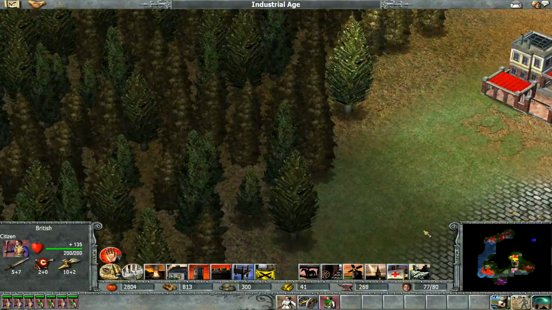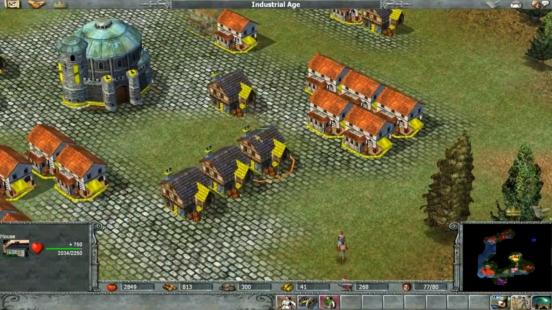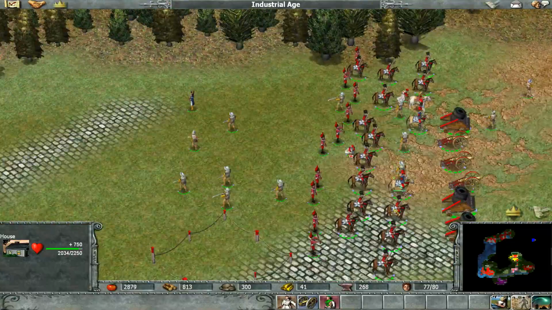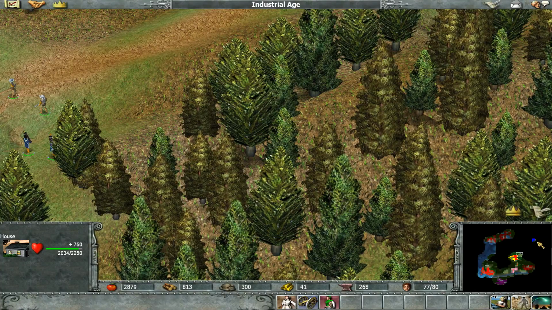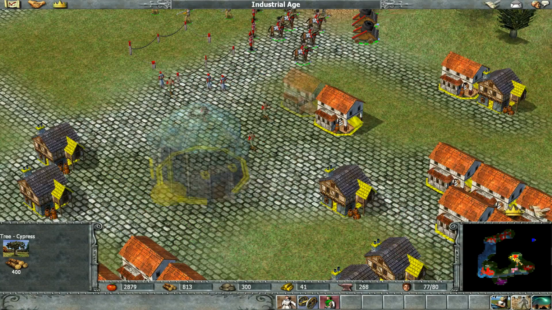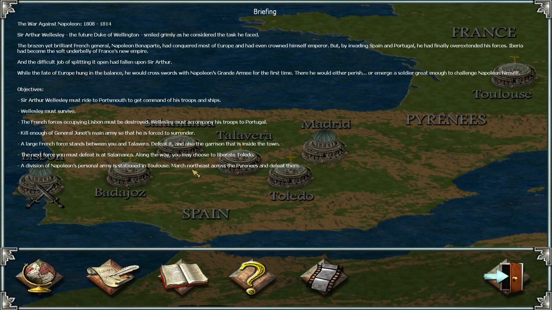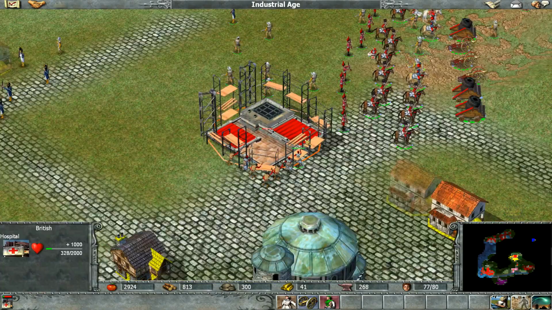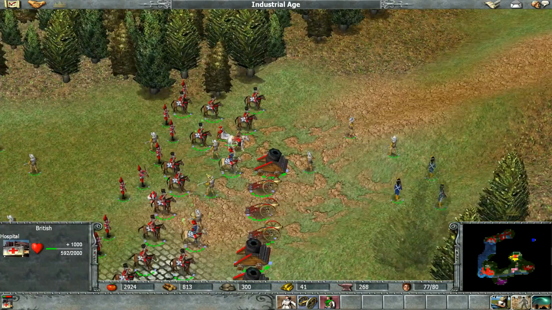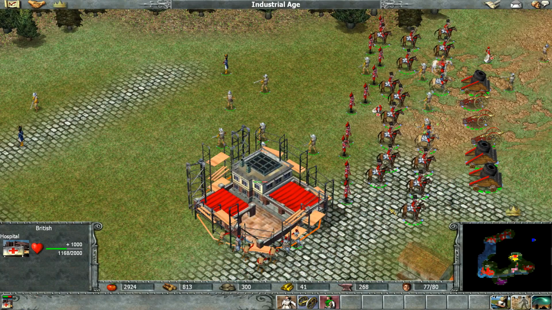Alright, so we're going to go ahead and build another hospital. And that should be the end of it, I think. Because we'll then just march our army straight over the Alps, or the Pyrenees, and take out what's left of the French. Let's see, is our objective to... Okay, so it's just to defeat the French army there. This could actually be a little bit tricky depending on what unit types they've got, but otherwise...